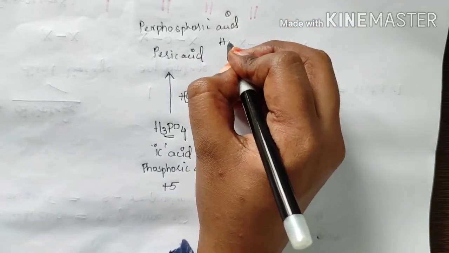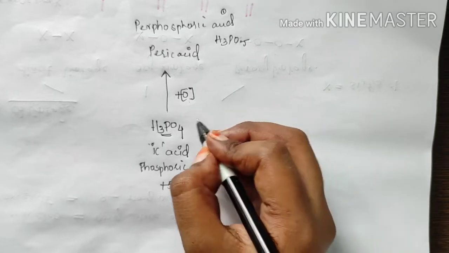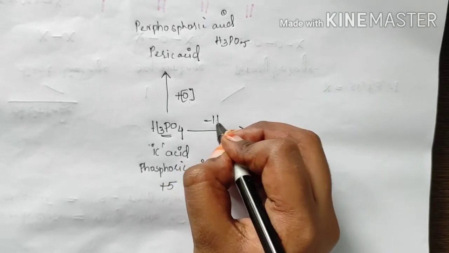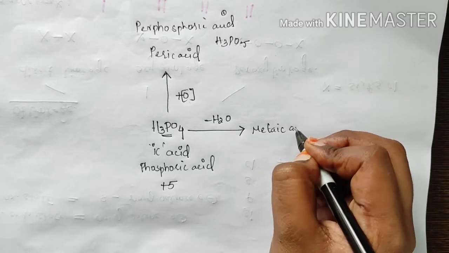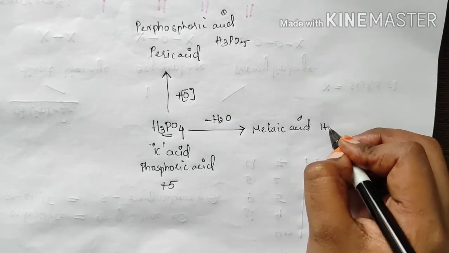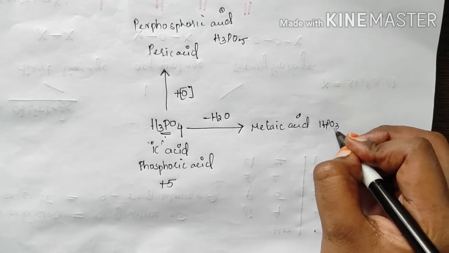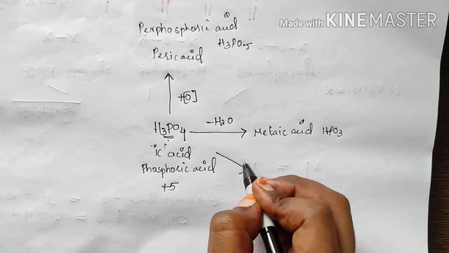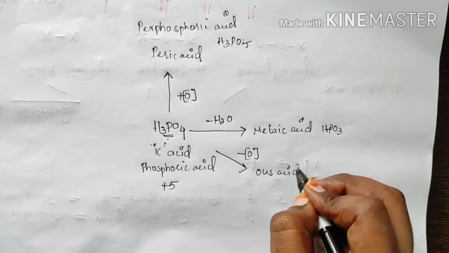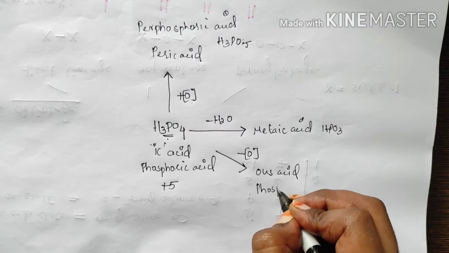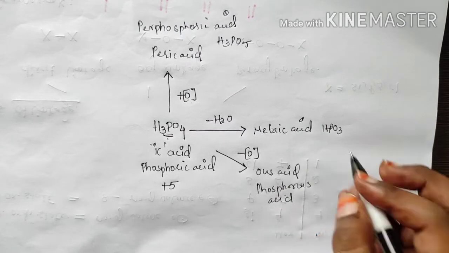With the formula H3PO5. And when you remove a water molecule from ortho acid, you will get meta acid, with the formula HPO3. When you remove an oxygen atom, you will get ous acid, meaning phosphorous acid, with the formula